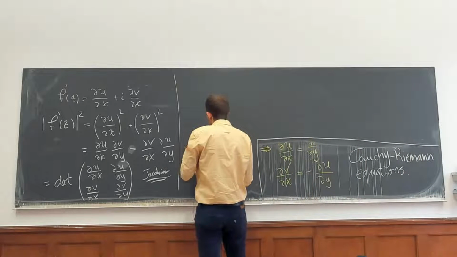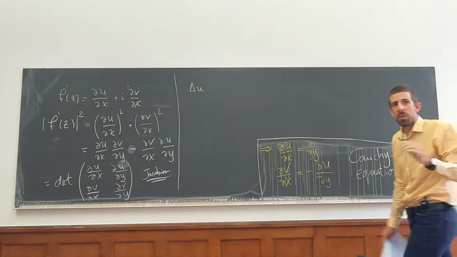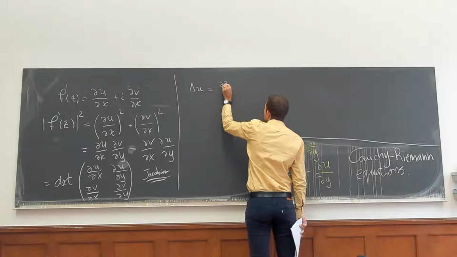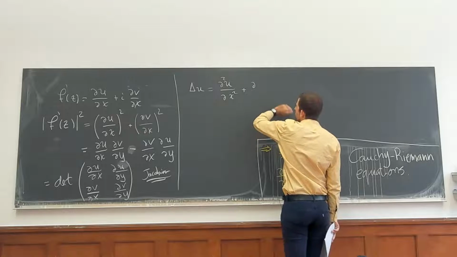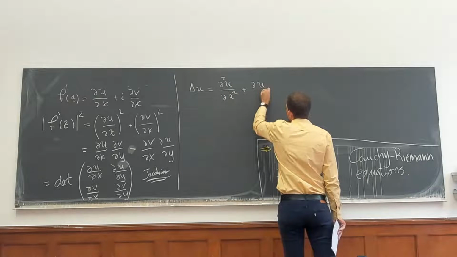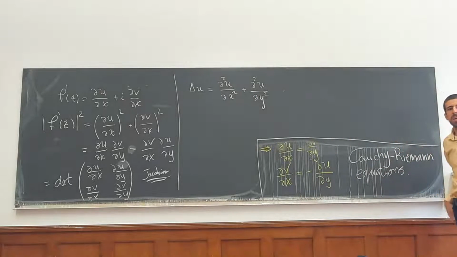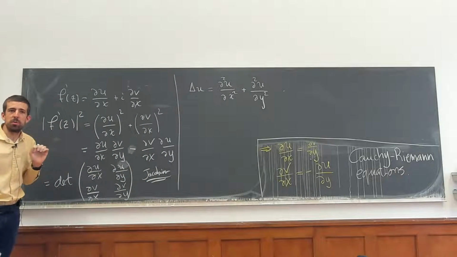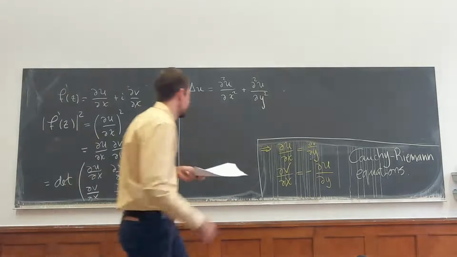Okay, so let's look at what the Laplacian of u is. You may remember the Laplacian from differential equations or physics or some real analysis. So what is this? I take the second derivative of u with respect to the first coordinate plus the second derivative of u with respect to the second coordinate. This shows up in the heat equation and diffusion processes and so on. And in particular, if a function has its Laplacian equal to 0, then we call it a harmonic function. They correspond to steady states of many, many processes in physics.